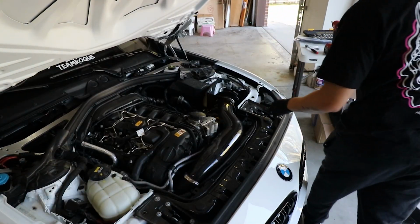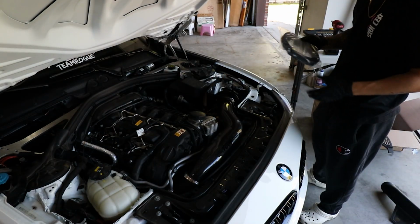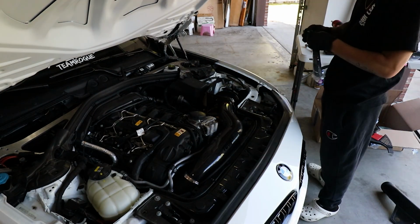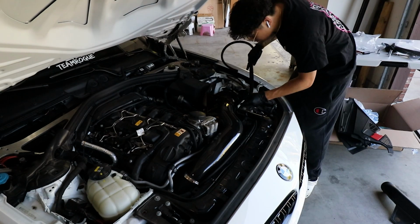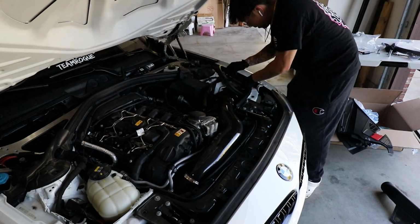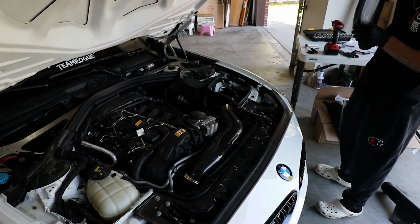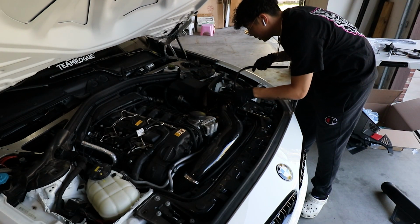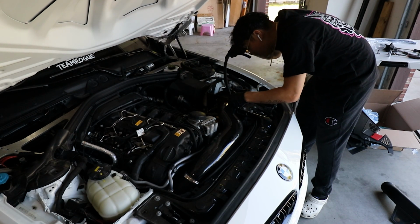Alright, so next thing we are going to do is put the rubber grommet around. So I believe the squishier one is on the outside. We do have to cut it to the size of it. We're putting it on the edge right here. I'm trying to figure out what I need to use. I'm not even sure if I can use this one. Maybe this is supposed to...